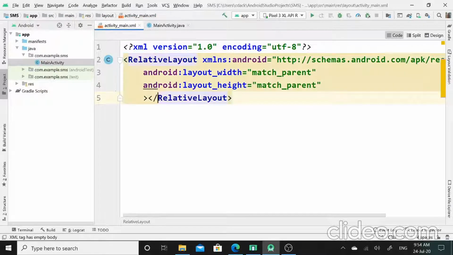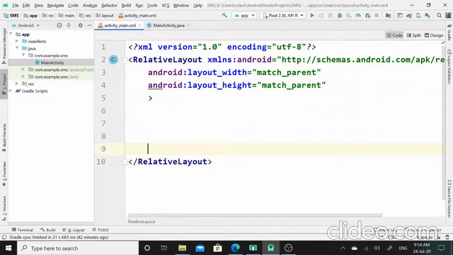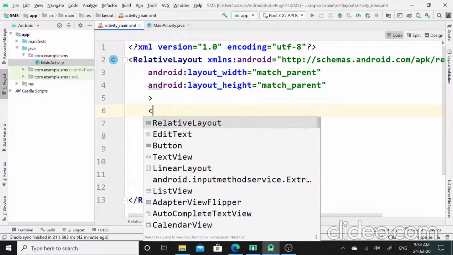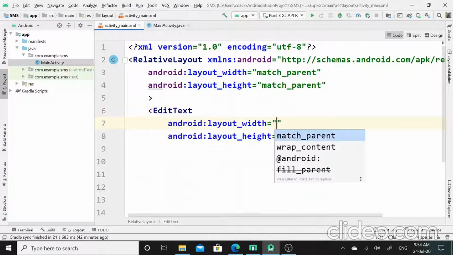So this is my relative layout, and within this layout now I will set the edit text tag. I will make use of this edit text tag to accept the contact number from the user.